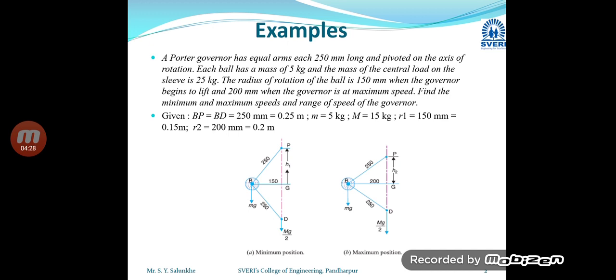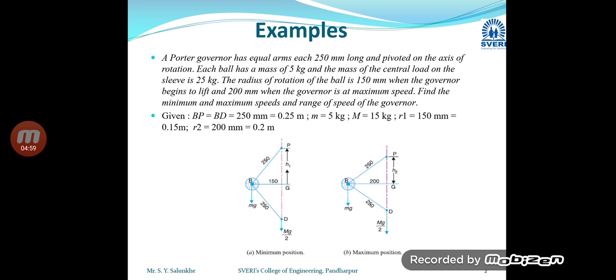So we have to take care while solving these problems that units have to be converted into meter and Newton, because the gravitational acceleration g we are going to use in meter per second square. So this length is given as 250 millimeter, which we are going to convert into 0.25 meter,